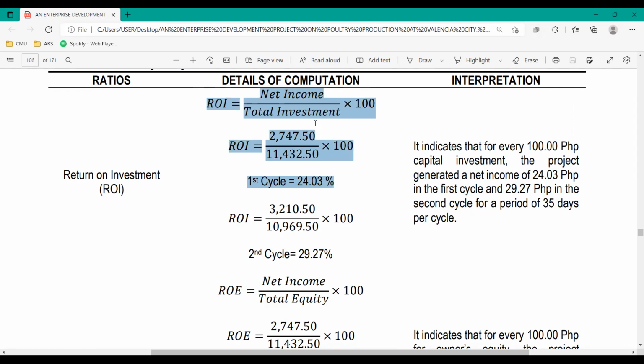you can say based on my ROI, you'll also start with it indicates. So that means that in every 100 pesos of capital investment I have added in my business, it generates an income of at least 24.03 pesos. So this is on a peso basis. So this is my ROI in every 100 pesos, net income rather, because I focus on net income. Again, if net profit, use net profit here. But if net income, use net income.